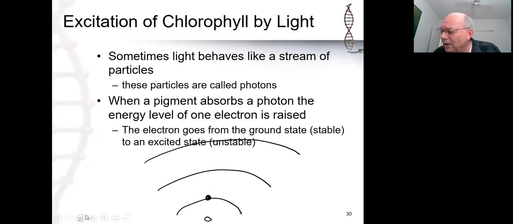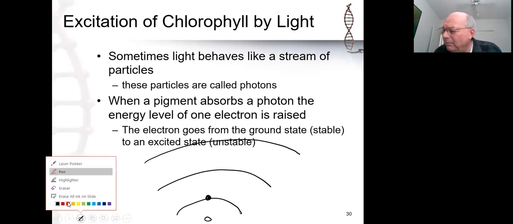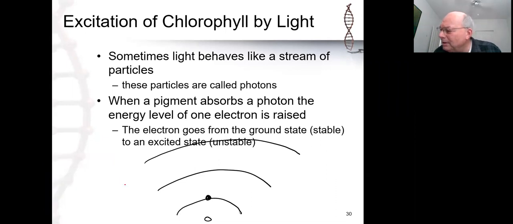If it gets excited by red light, so red light comes down and a photon of red light collides with the electron, it's going to get excited and it's going to jump out to here, because the energy of red light will give it enough energy, potential energy, to move out to this energy shell. If it gets excited by blue light,